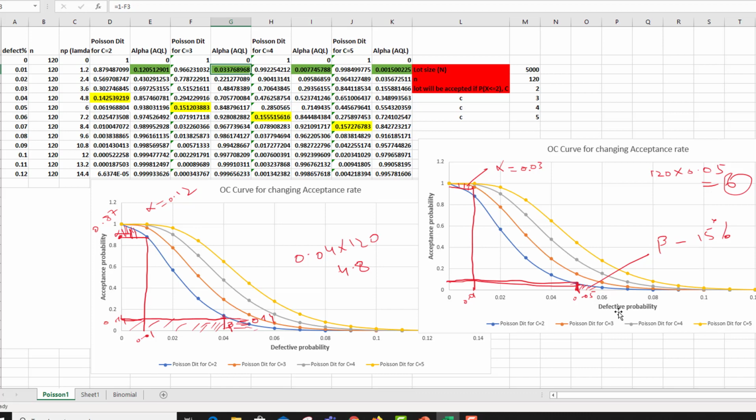So in concluding, increasing the acceptance number from 1 to 2 increases the probability of getting a sample with 2 or fewer defects and therefore increases the consumer risk. So basically this increases the consumer risk while decreasing the producer risk. In order to manage this process, management should increase the sample size, which reduces the consumer risk, and increase the acceptance number, which reduces the producer risk.